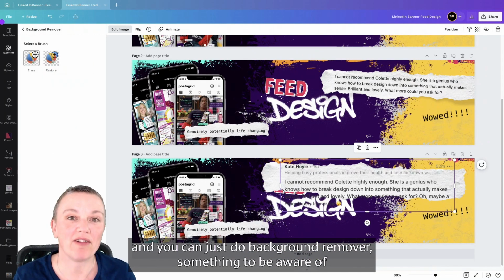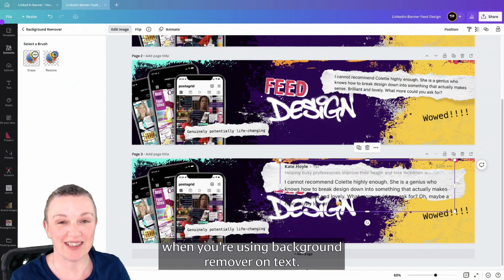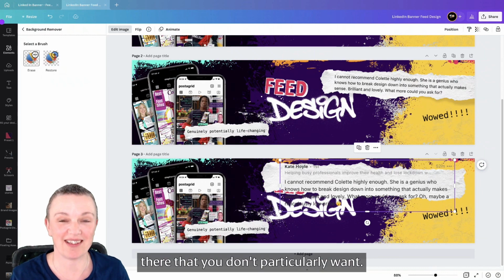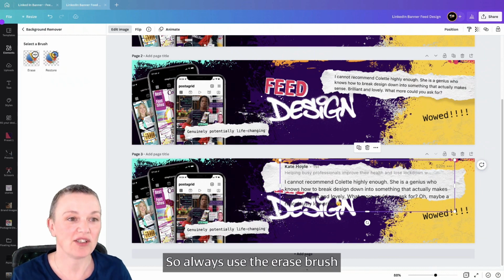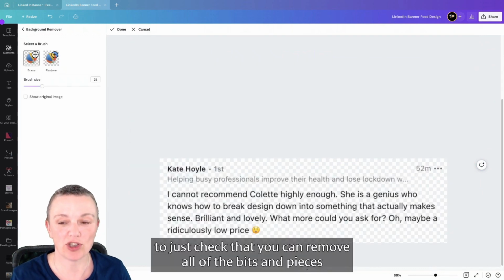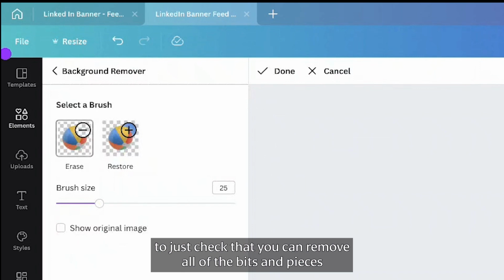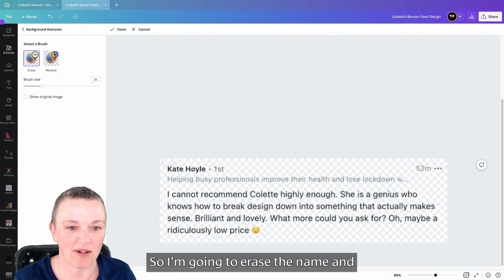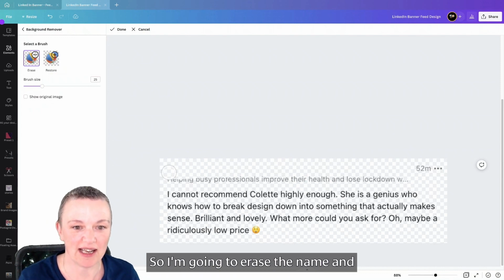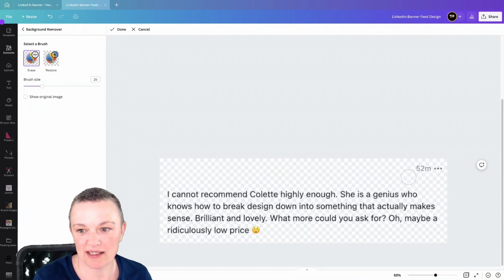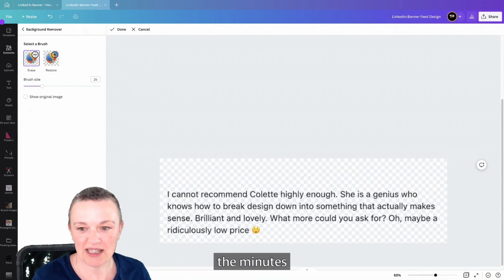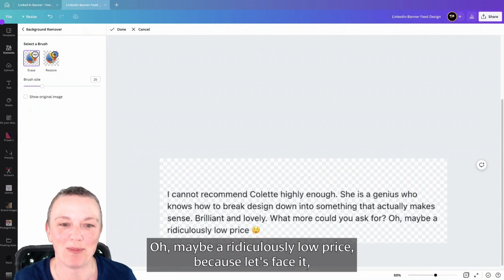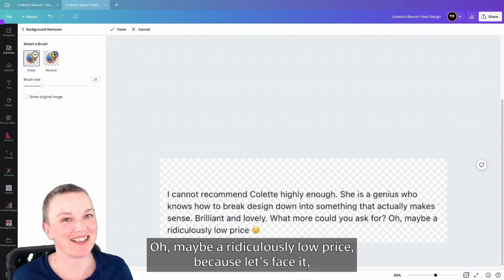Something to be aware of when you're using Background Remover on text, occasionally Canva will leave parts of the screenshot there that you don't particularly want. So always use the Erase brush to just check that you can remove all of the bits and pieces that you don't particularly want. So I'm going to erase the name and the minutes, and then this last bit of the testimonial, maybe a ridiculously low price, because let's face it, that's